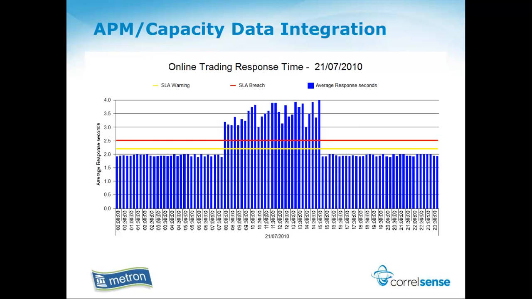Here we have an example where we have response times that come from Sharepass. You can see that there's a warning and an alarm threshold set on this particular chart. We have the warning threshold set at about 2¼ seconds. We have an alarm threshold set at 2½ seconds, and that's where the SLA breach happens. And you can see that in this particular application, the SLAs are not being met during the business hours from 8 o'clock until 4 o'clock in the afternoon.